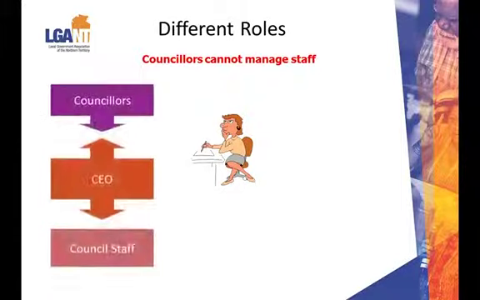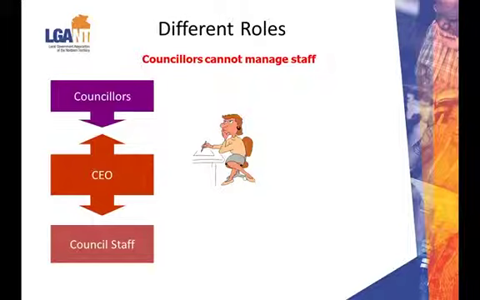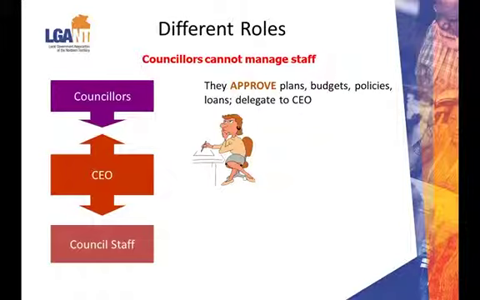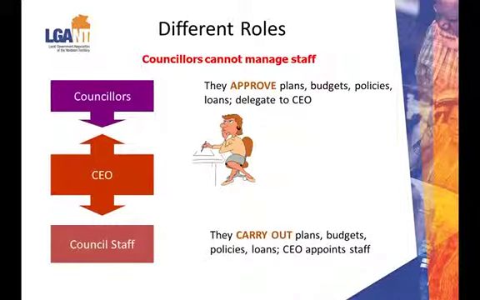In order to understand your respective roles, the councillors make the strategic decisions by approving plans, budgets, policies and delegating to the CEO. The CEO carries out the operational parts of council decisions and delegates to management's administrative staff. The CEO oversees the function of the staff. The CEO ensures his or her staff work together to prepare the necessary plans, reports and agendas for council to consider and make the right decisions on. The staff then carry these decisions out.